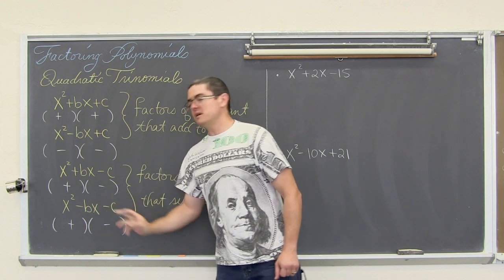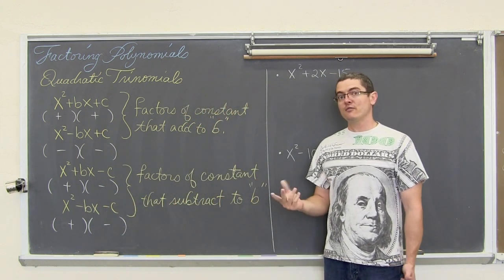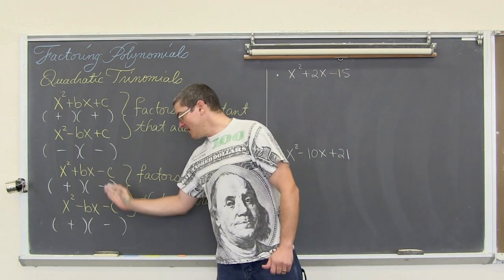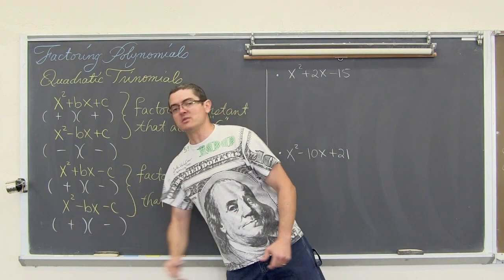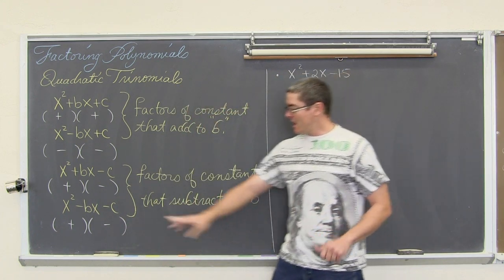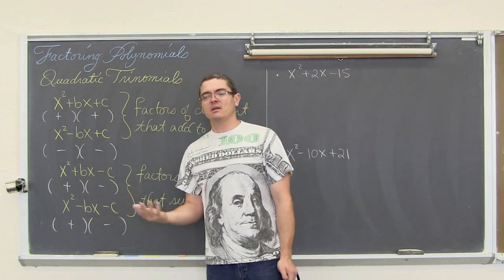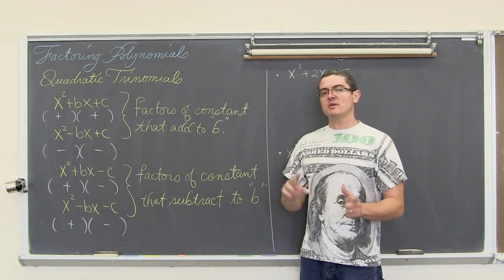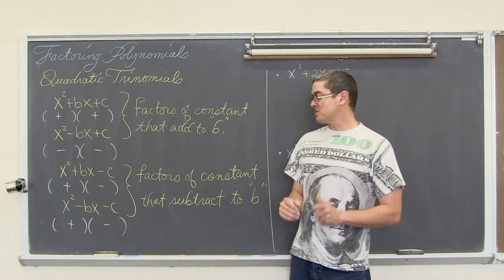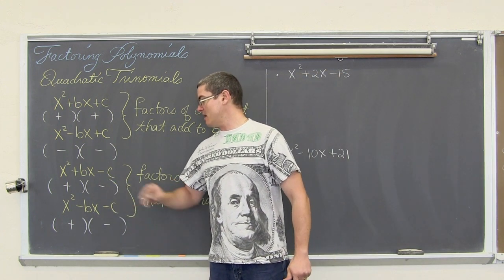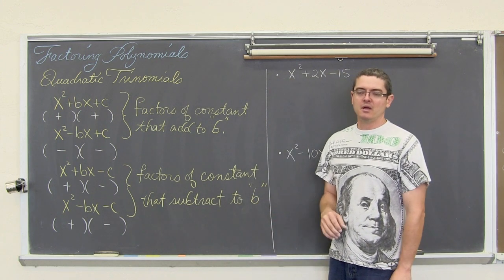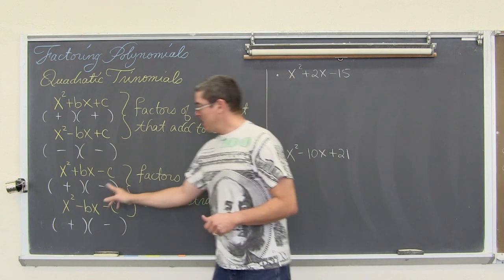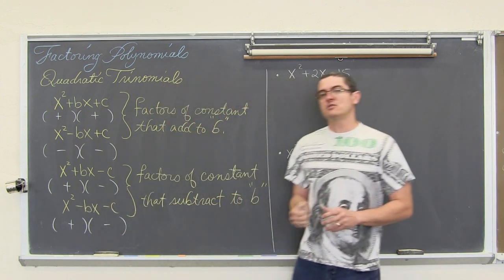Now, if your constant is negative, your constant is simply the term with no variable in it, just a number. If your constant is negative, then when you, I hate to say FOIL, but when you FOIL together those binomials or distribute together those binomials, the constants, which are going to be, well, I guess in harder problems they don't have to be constants, but when you multiply whatever your second term is in each binomial together, they need to have a different sign so that you get that negative constant at the end of your trinomial. We are going to have some examples where the last term really isn't a constant. They're kind of more advanced problems. You want those to have different signs in each of your factors.